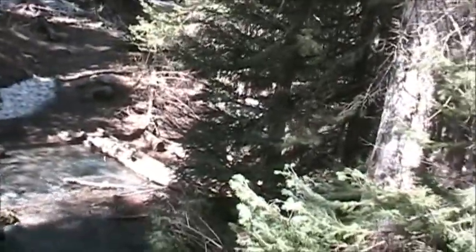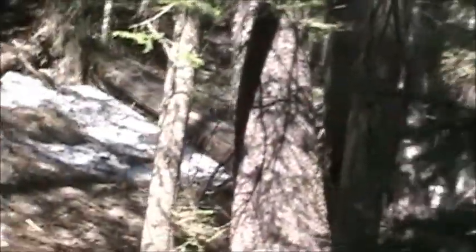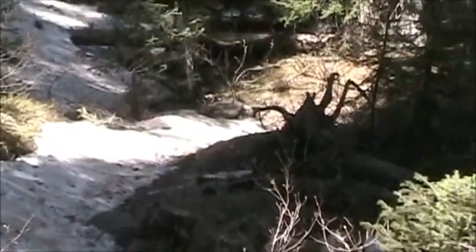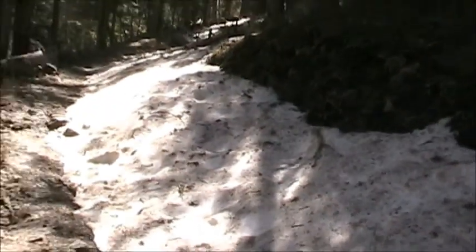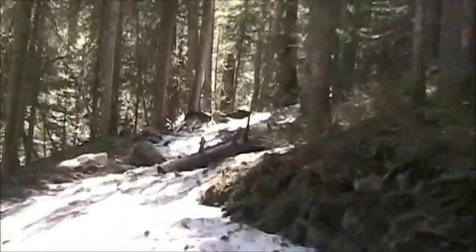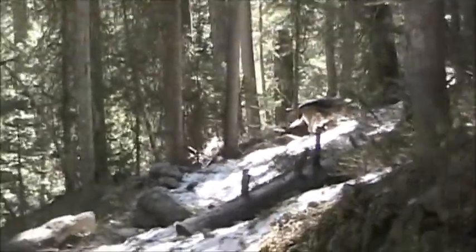But here's some... put some posts across so I think I can cross it. Boomer, he's just going right on across in the middle. Here's actually the trail filled with snow. First time on the hike, just right across the creek. You see the snow on the trail. Boomer has gone on up ahead. See, there he is waiting on me. I guess I better get...